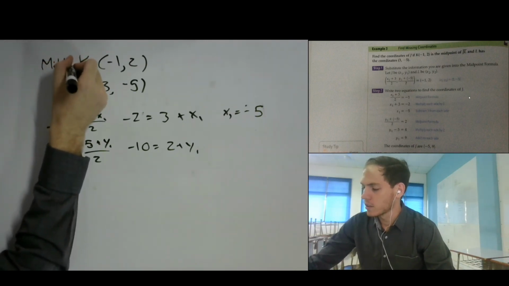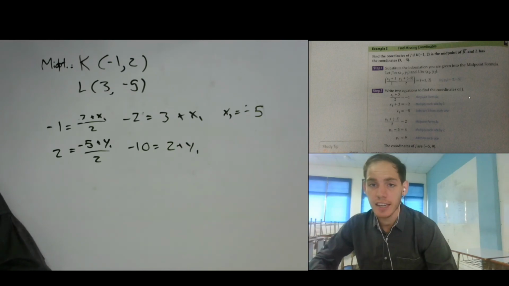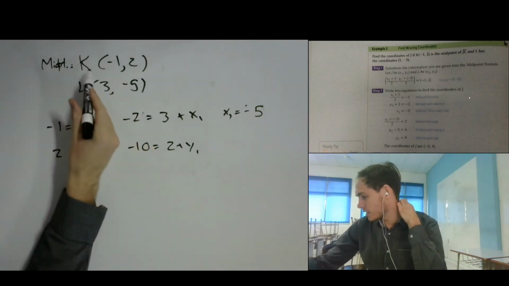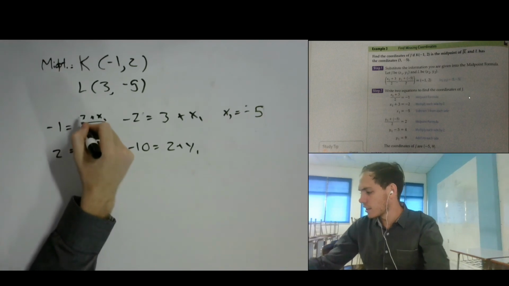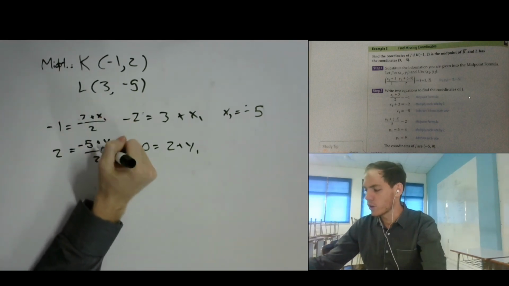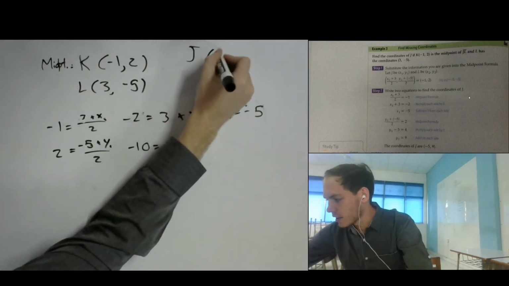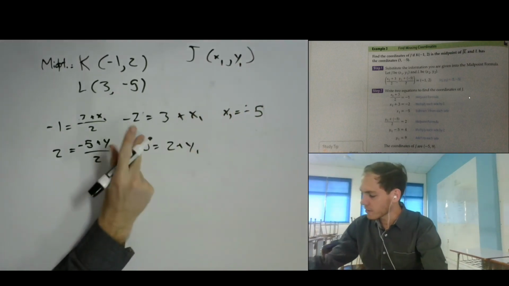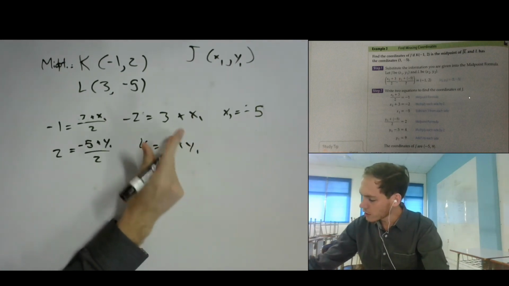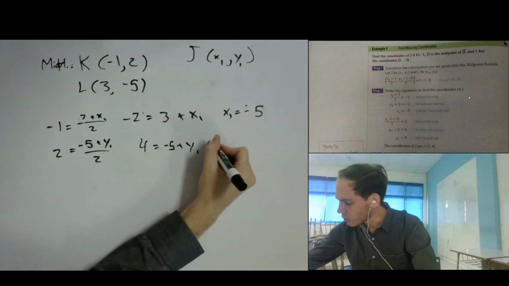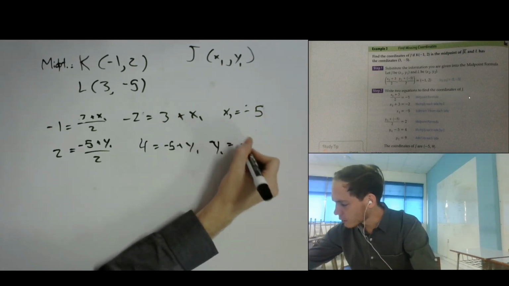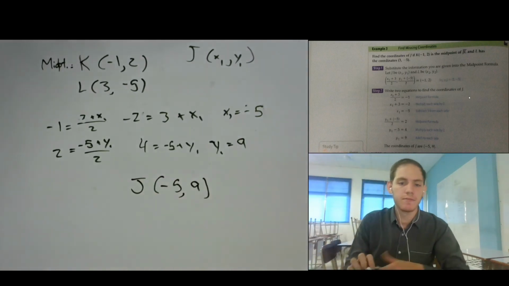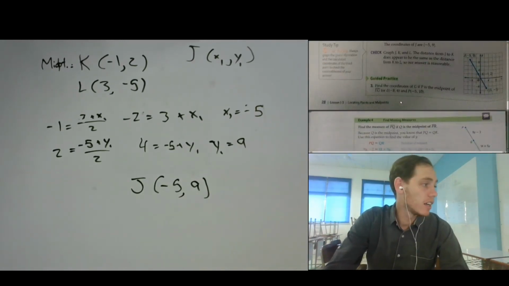Okay, so looking at this problem, find the coordinates of J if K is the midpoint of JL and L has coordinates 3, -5. Okay, so K is the midpoint, so we take -1 and 2. Then we plug in L and solve for our J. So J is x1, y1. Okay, and solving this out, we get -5, and this one 4 and -5, so we get y1 equals 9. So our answer is J, -5, 9. Okay, the coordinates are that, and let's go to the next